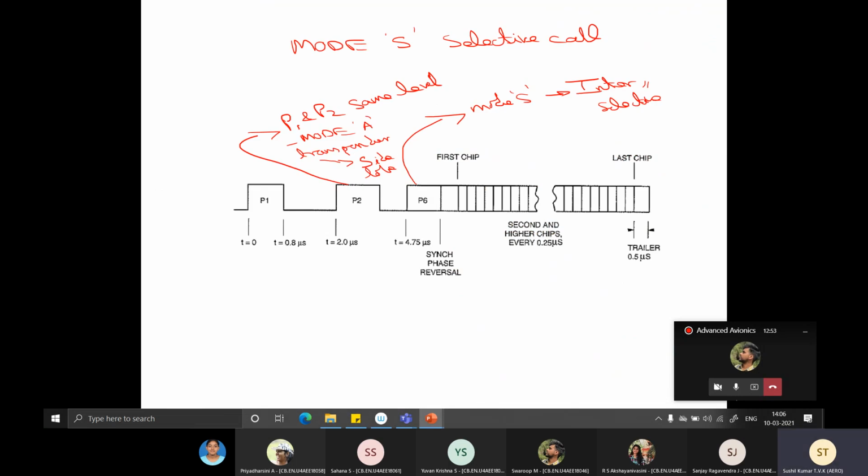Okay, that's one of the steps by which they try to differentiate aircrafts. Now, if you look at mode S selective call, there was additional pulse P6 and all those things. But how do you think they would have suppressed normal mode A or C transponder from replying? Because we don't want mode A and C transponders to jam the frequency at the same time. So whenever my mode S interrogation is going, I want to ensure that during that period, the mode C should be suppressed. Any idea from the class? Looking at the slide.